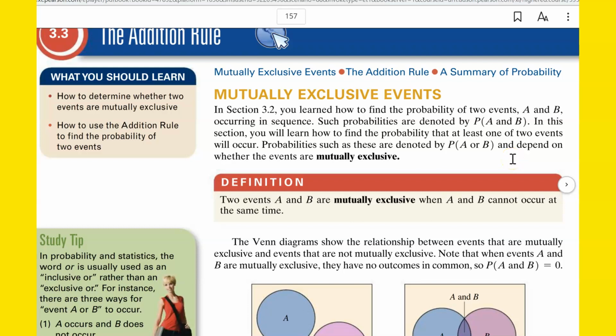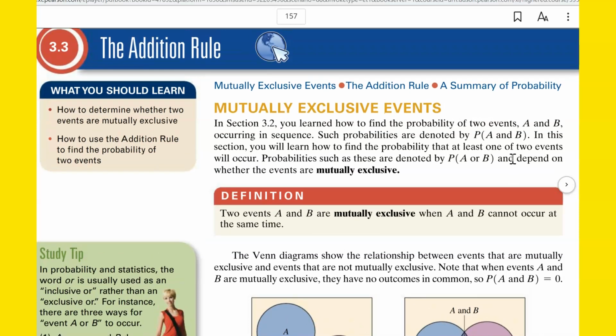Okay. So in 3.3, we're talking about the addition rule. As 3.2, we're talking about the multiplication rule. So in 3.3, we're talking about an event happening, and it can happen in multiple ways. What's the probability that it happens this way, or this way, or that way? So when we're talking about that, we're talking about mutually exclusive versus overlapping